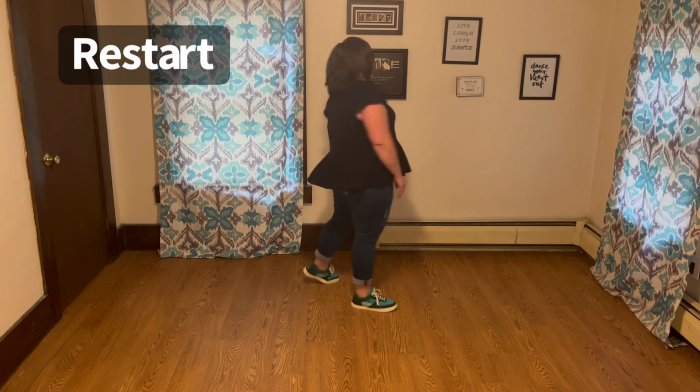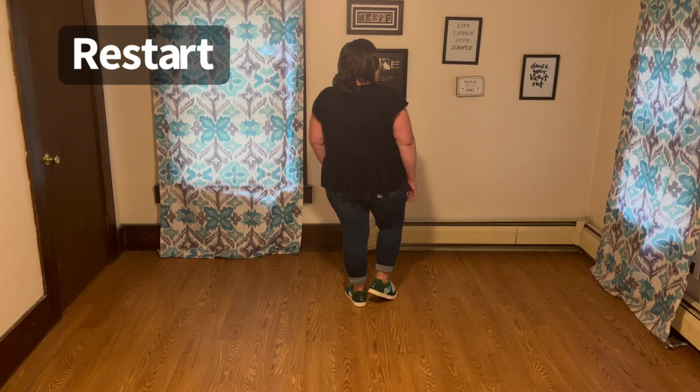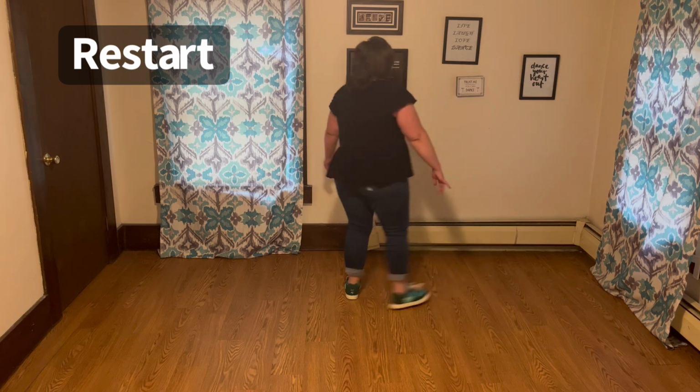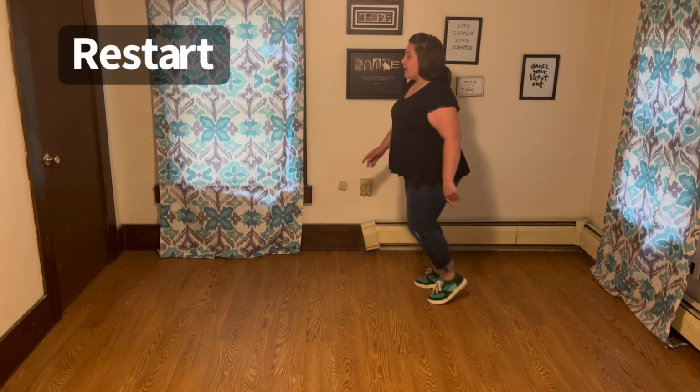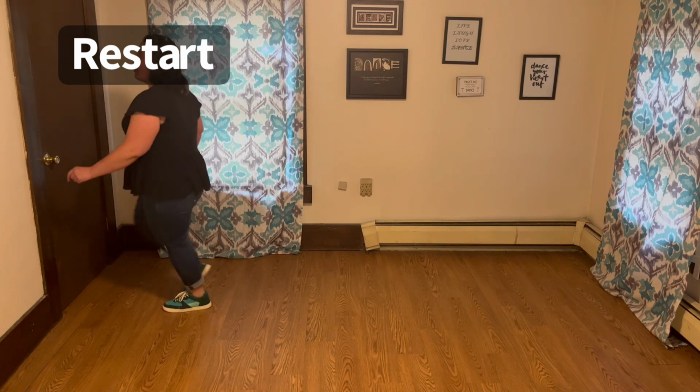And that's the whole dance. So let's try it with some counts. Weight is on your left foot, you're rocking to the right. 1, 2, 3, and 4, 5, and 6, 7, and 8, and 1, hold, 2, and 3, hold, 4, 5,